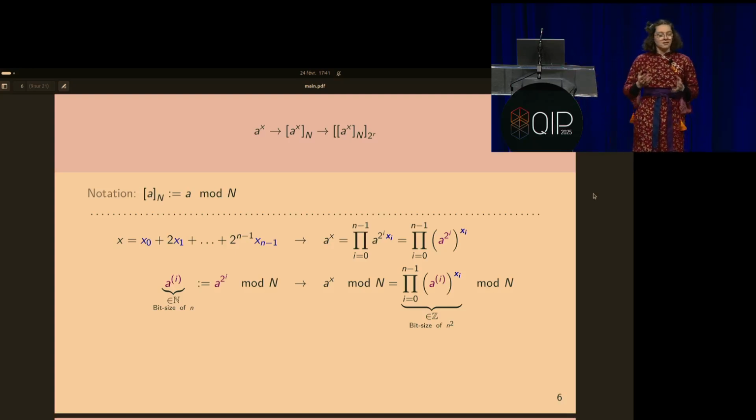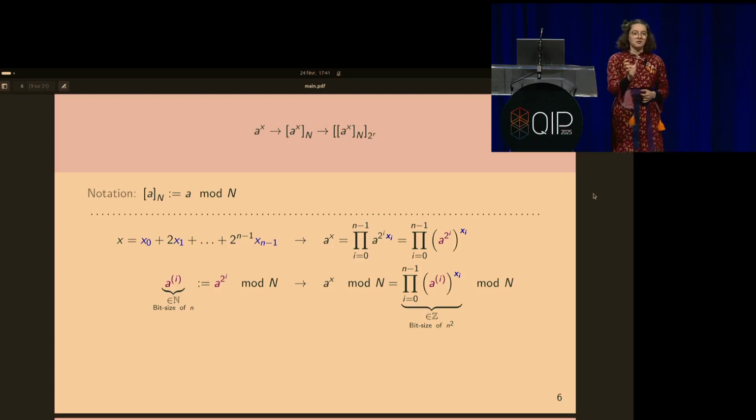If we do that, you see that you can rewrite a to the power of x as a product of some specific integers, a to the power of 2^i, to the power of 0 or 1, depending on the value of x_i. This is interesting for us because let's assume that you set a^(i) to be the smallest positive integer that is equal to a to the power of 2^i modulo big N. In this case, you can also rewrite a to the power of x modulo big N as the